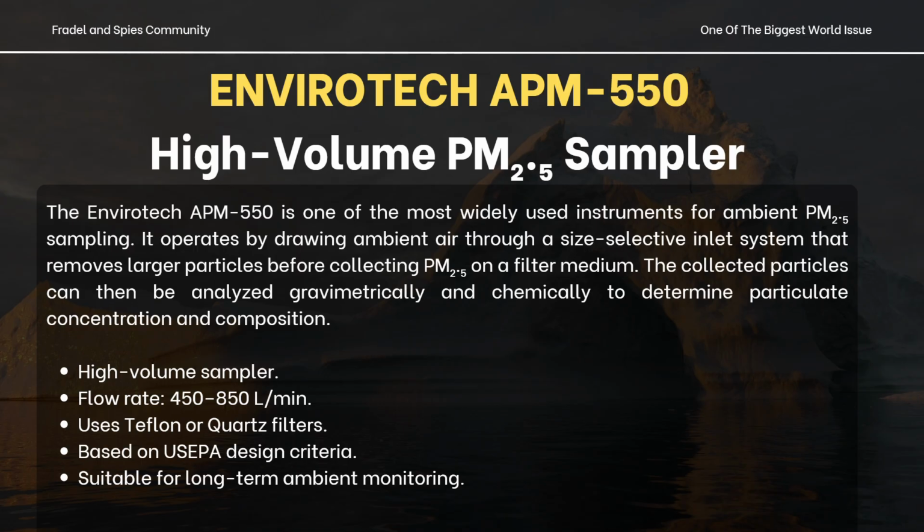Next, we jump into the Environ Tech APM 550, a high volume PM 2.5 sampler. The Environ Tech APM 550 is one of the most widely used instruments for ambient PM 2.5 sampling. It operates by drawing ambient air through a size-selective inlet system that removes large particles before collecting PM 2.5 on a filter medium. The collected particles can be analyzed gravimetrically and chemically to determine the particle concentration and composition, including